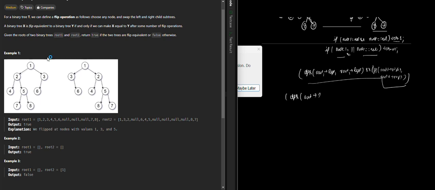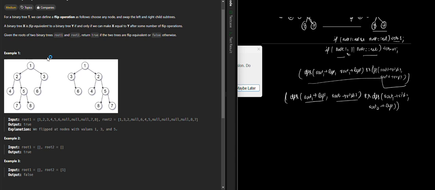So, if root 1's left and root 2's right are equal, and root 1's right and root 2's left are also equal, then we can say this is the flipping condition.